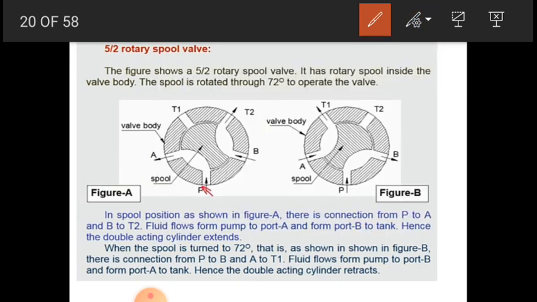When the spool is turned through 72 degrees, the position changes. Previously it was in this direction, now it has tilted by 72 degrees. The openings inside the valve body change.